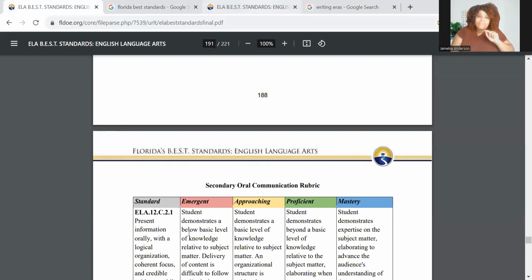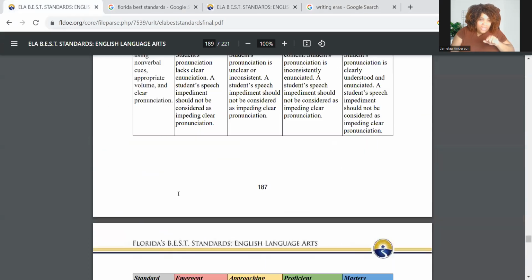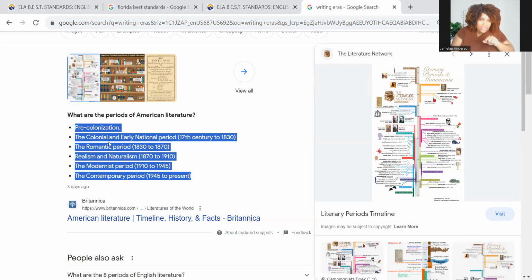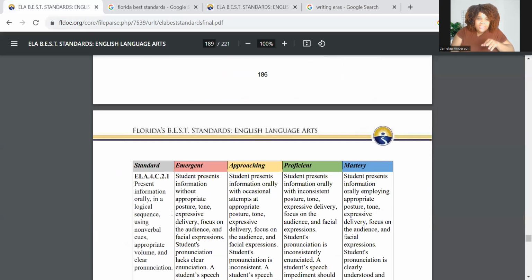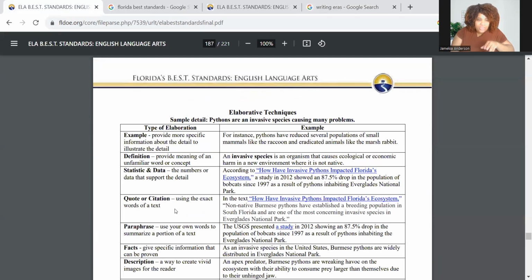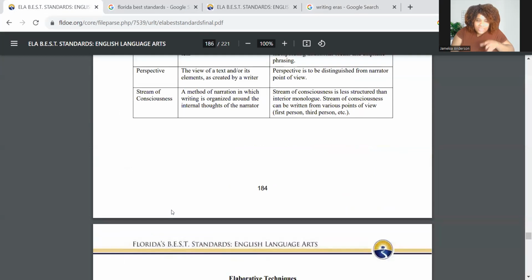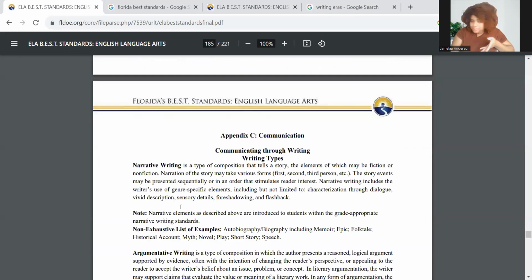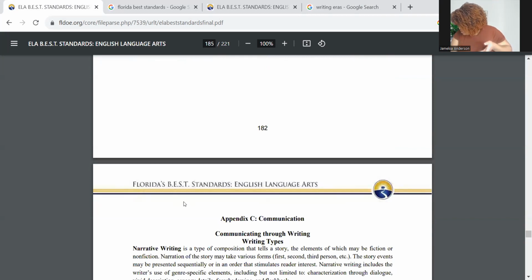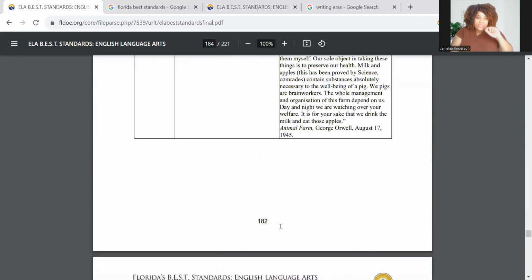Some of those that were listed, like I said, colonialism, romanticism, realism, all of this is in the book. There was a page in here that actually talked about it as well. I don't know exactly which page it is. I don't have that 3-ring binder. That's what I should have picked up when I stopped at the school. I went to the school today, y'all, just to let y'all know. I should have picked up my book of students' work. But either way, it's within there.